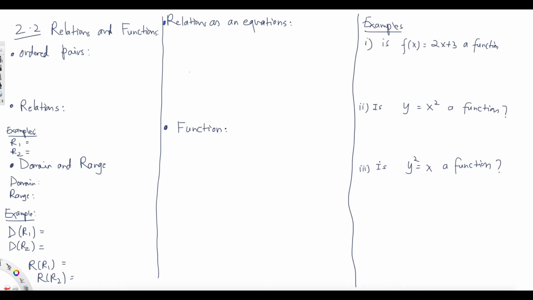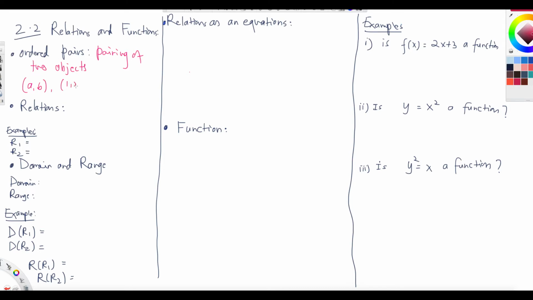In this video, I'm going to talk about relations and functions. Before we start with relations, let me talk about ordered pairs. An ordered pair is basically a pairing of two objects, right? Two objects. So for example, you can think of A comma B, or